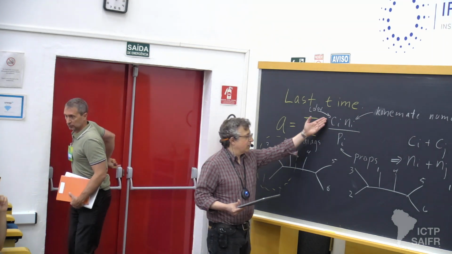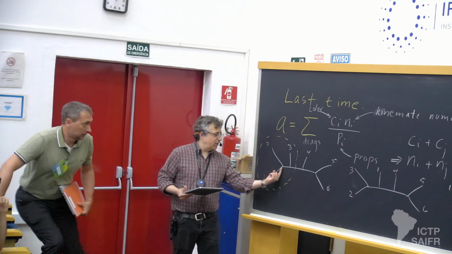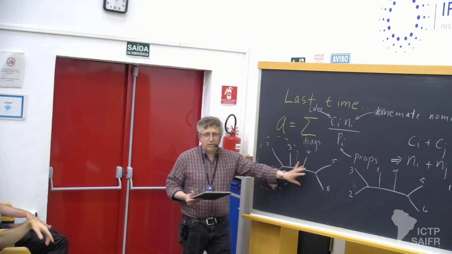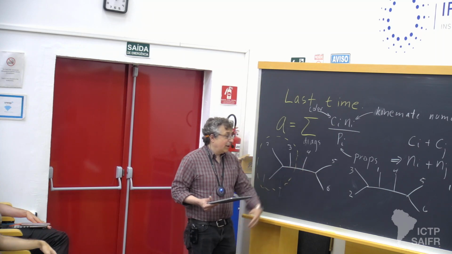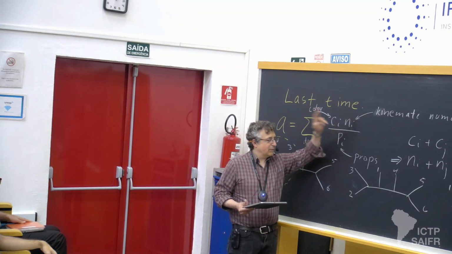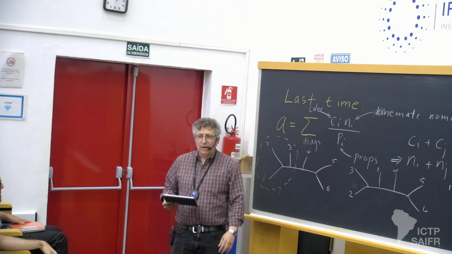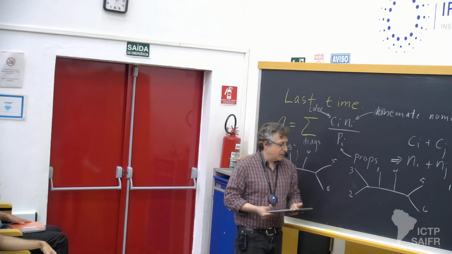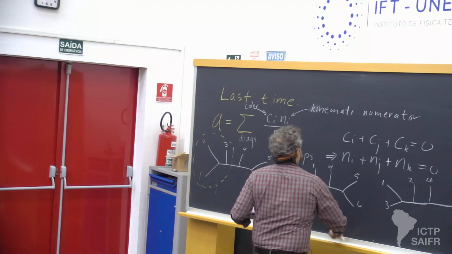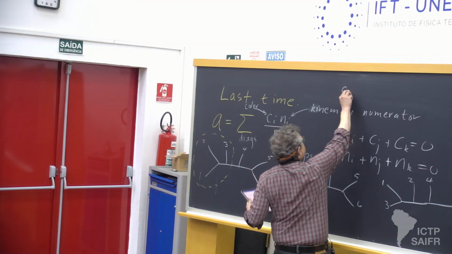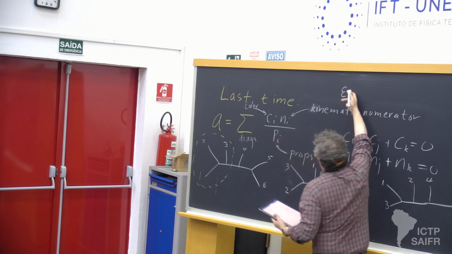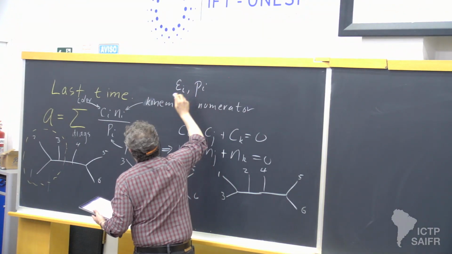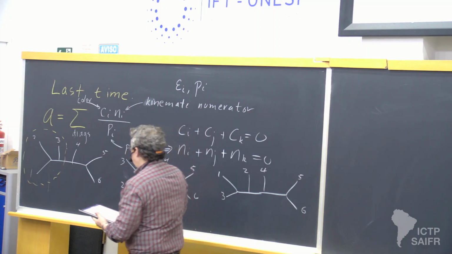The color factor, as Yaroslav explained, you put f^{abc}s and then you sew them together. So the color factor is defined by the diagram, and anything else that's left over, we'll put that in the numerator. And we can make this a completely local object, in terms of polarization vectors. This can be written in spinor helicity form, and a set of momenta. Okay,